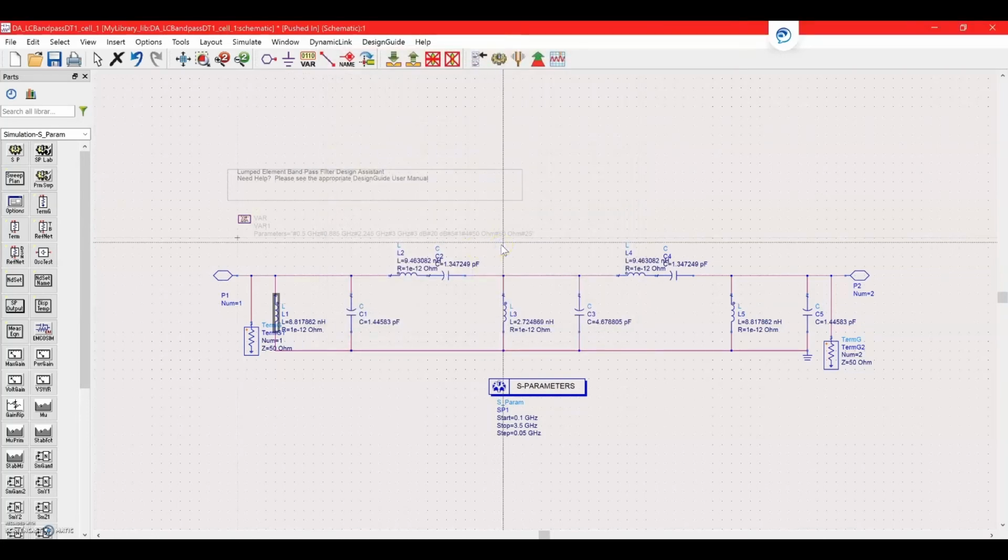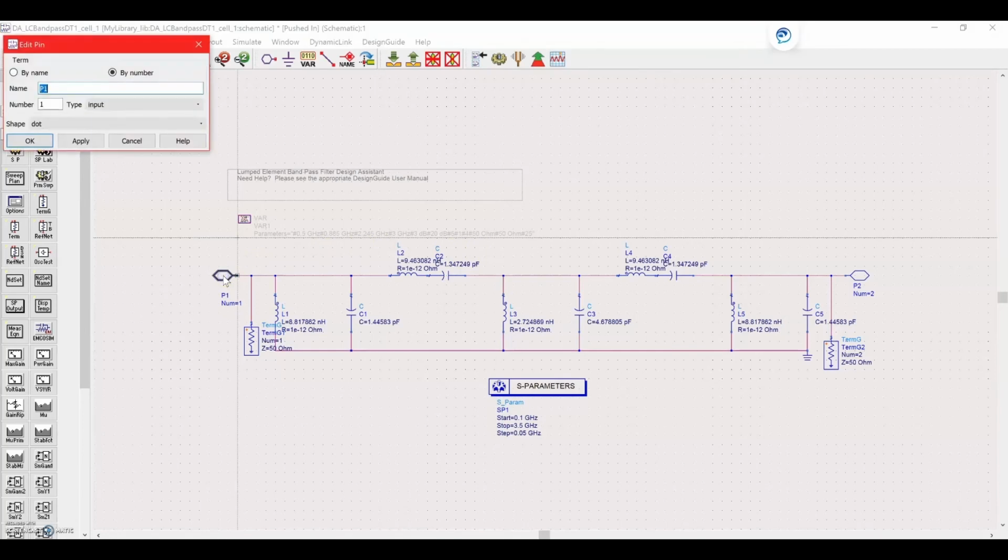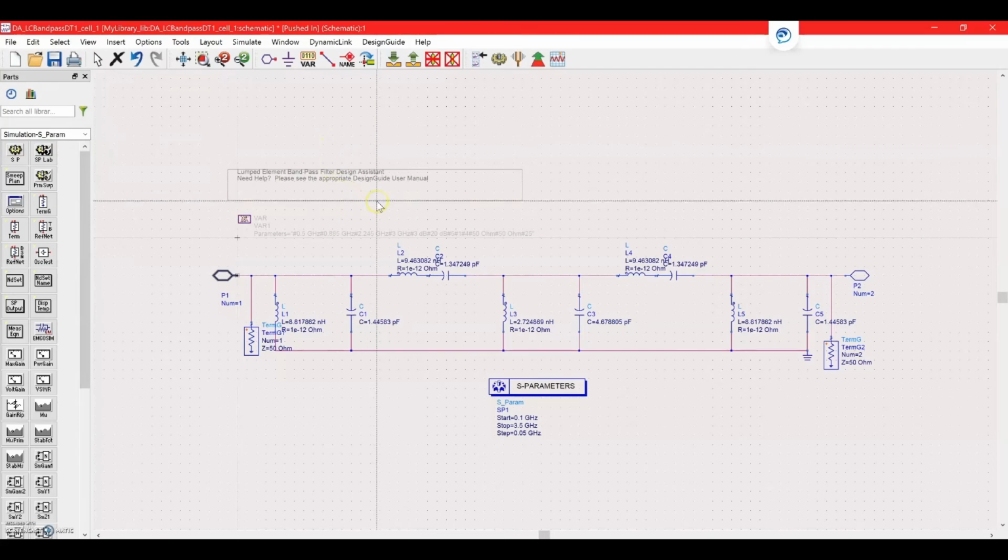And then as you can see on the outsides here, we have our 2 ports. These are set up this way since the circuit is terminated on both sides versus just on one side. The other thing that I added here, which isn't actually part of the circuit but which we added for simulation's sake, is the S parameters. With the S parameters, we have a start of 100 megahertz, and then it goes up to about 3.5 gigahertz, and we're taking a step of about 50 megahertz per step. Now, of course, we have it set on both sides, and we have it set at 50 ohms as well,